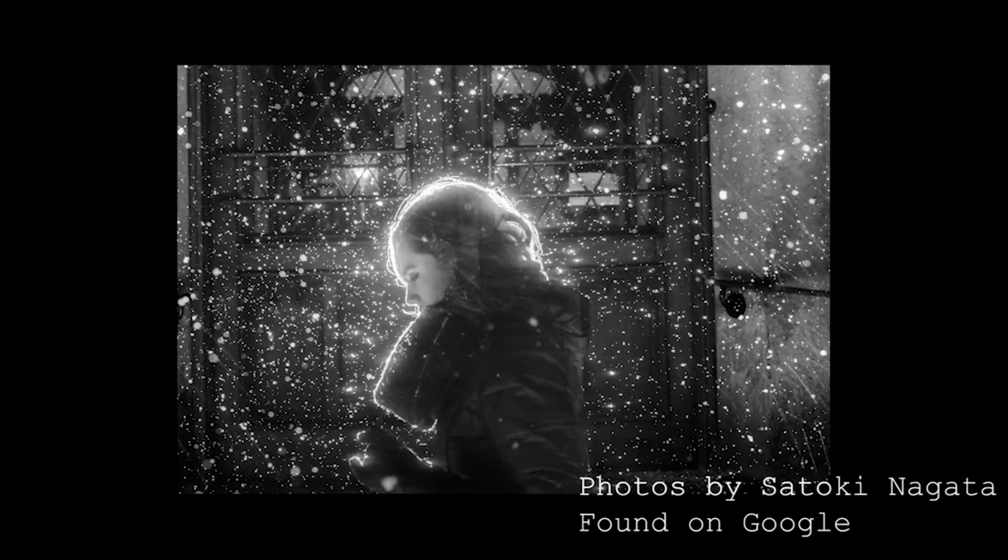We now have another artist that I'm not sure if I'm going to pronounce his name right, but it's Satoki Nagata. I believe he's Japanese, and he does these gorgeous, I think it's called the Chicago Lights series, and they're so gorgeous. I'll have to wait for it to be dark to do these, so I may do a bit of him on both days,